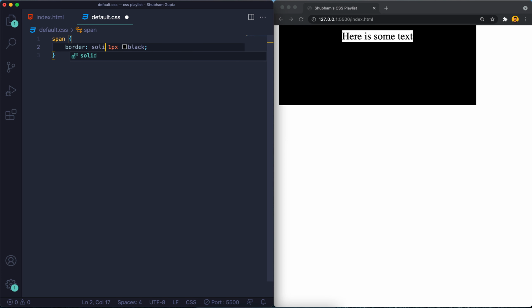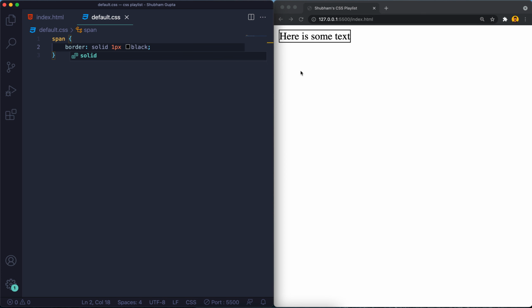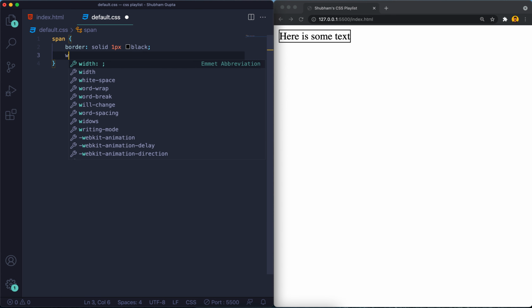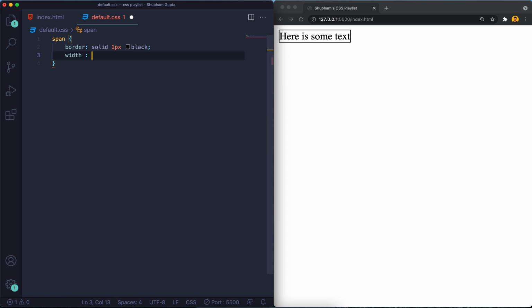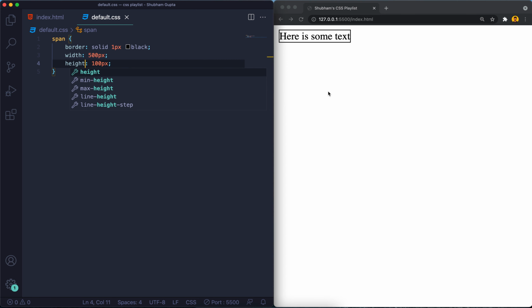Okay, so generally I use this solid one, which is quite okay for me and enough for our work. So now just start with the width property. Whenever we want to give a particular dimension to any component, we can have this width. So we can have 500 pixel. I'm just saving this. So width is not applied, or we can have the height of 100 pixel, so that will also not be applied on this. Okay, so it is not reflected here.